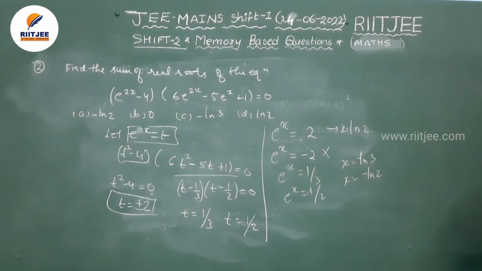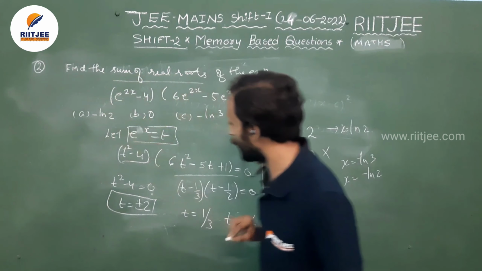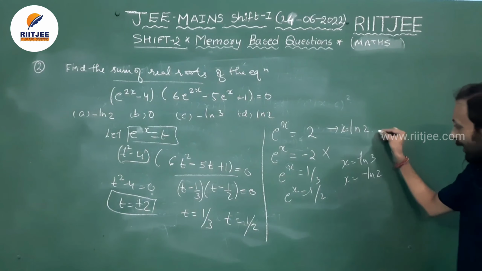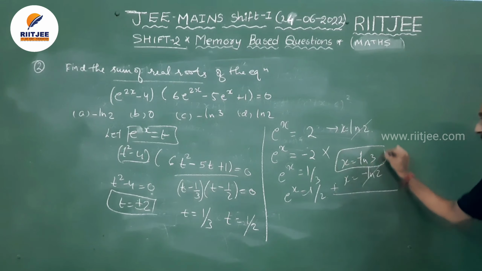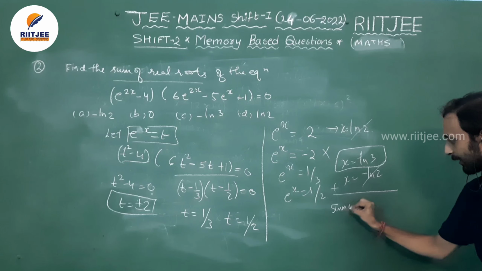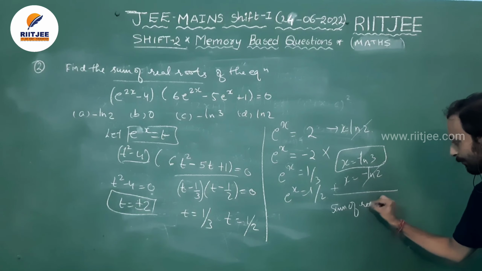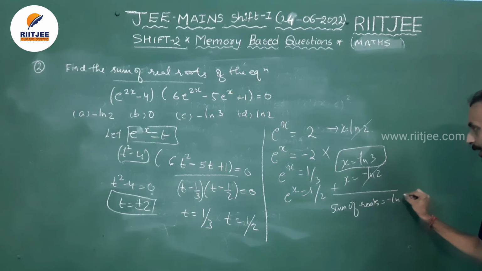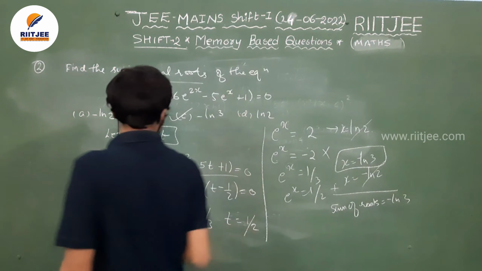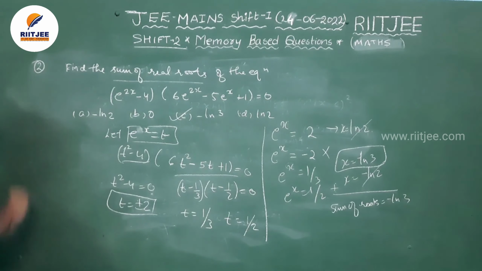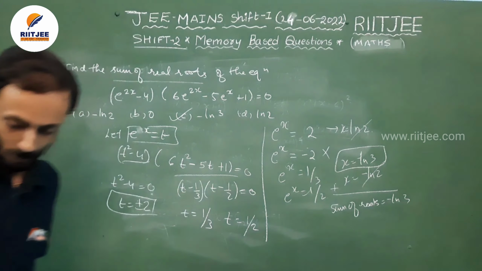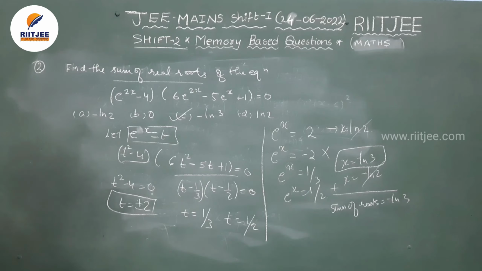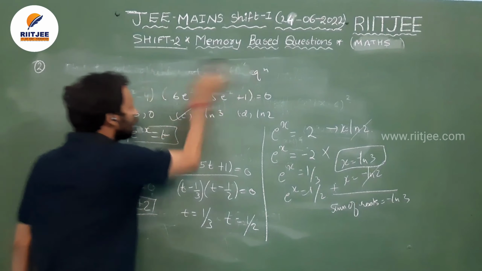But here we have to calculate the sum. We have to find the sum of real roots, not the real roots. So what is the sum of real roots over here? This and this will get cancelled out when I add them, and simply I will get the sum of roots equal to minus natural log of 3. And I hope you have done this question very correctly. This is a question from transformed quadratic equation, and I hope we have done this very clearly in the classroom also, right? So let us go with the third question, not wasting time.